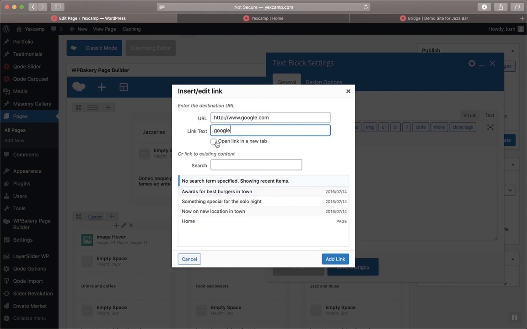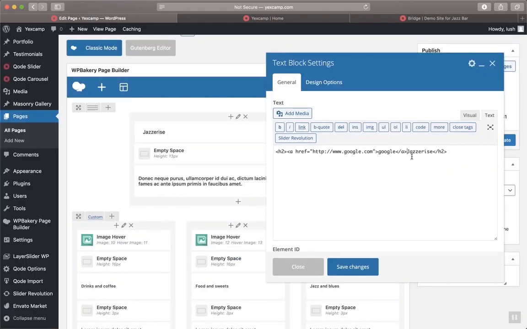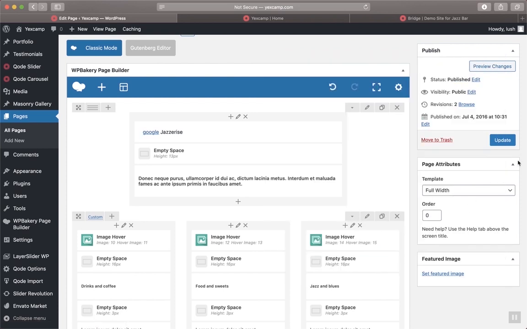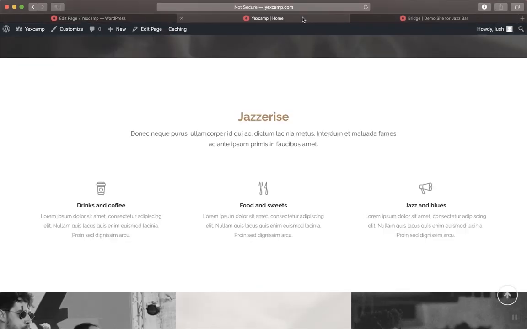If I want to open in a new tab, I select that. So if I click on add link, you see that gets added as a code. And if I go to the visual aspect, it's already a link. So if people are reading this, if they click on Google, let's just save changes so you see what I'm saying. If we update that, so the live view shows on our website,